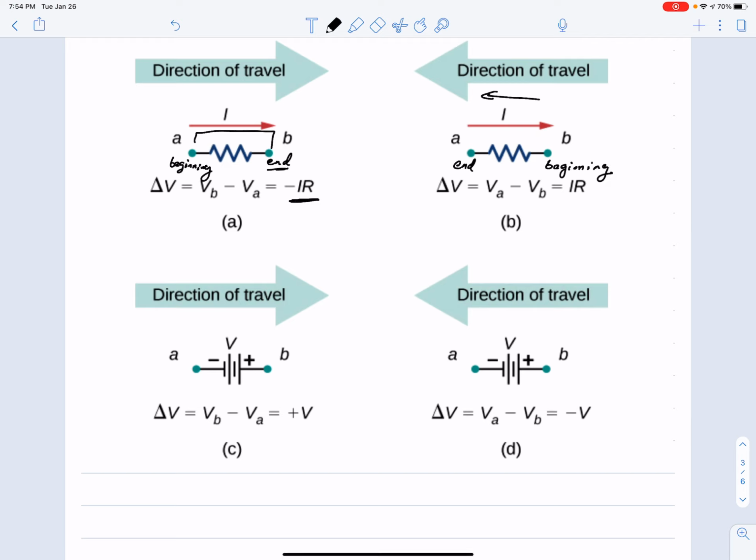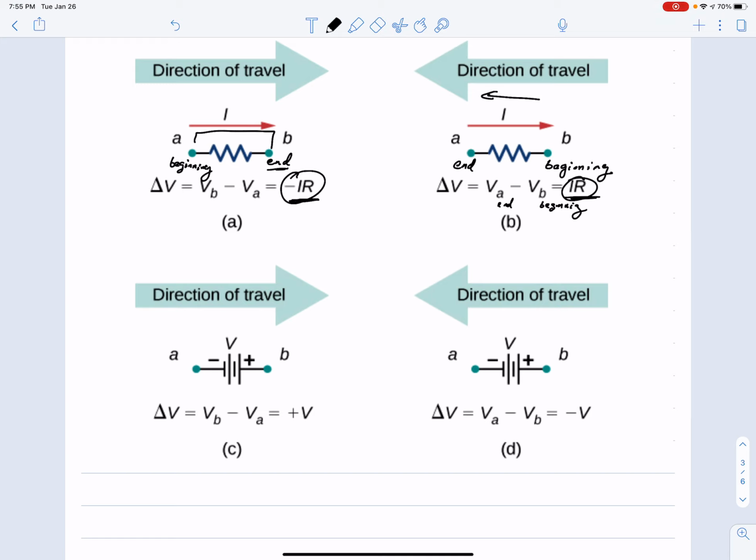And we would subtract the end minus the beginning. And this time it would be positive. Now, the reason why one is positive, this one is positive, and this one is negative, is that you have to remember when we're going through, a current goes from high to low. And voltage here is decreasing, the voltage across it